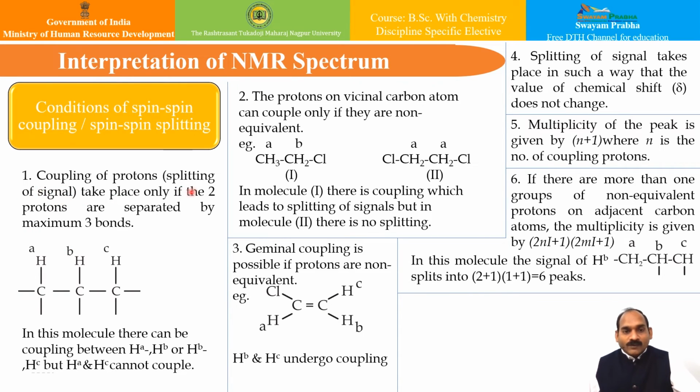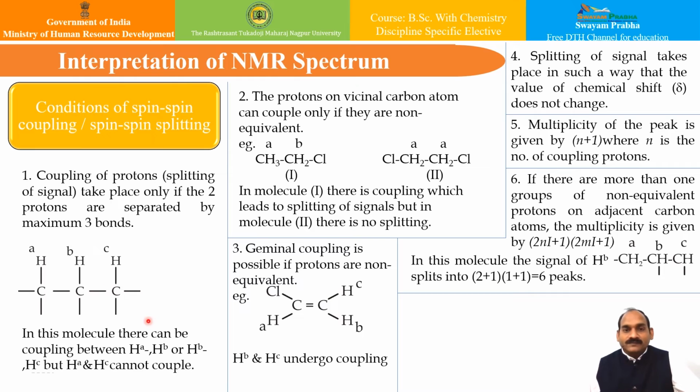The coupling of protons, that is splitting of signals, takes place only if the two protons are separated by a maximum of 3 bonds, like this, isn't it? After that, it can be lowered down. So in this molecule, there can be coupling between A kind of proton and B kind of proton, or B kind of proton and C kind of proton, but A kind of proton and C kind of proton cannot couple, since there is a gap of